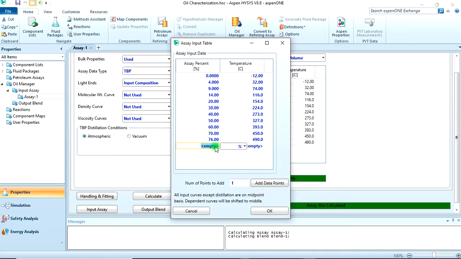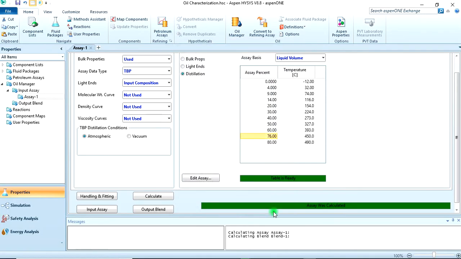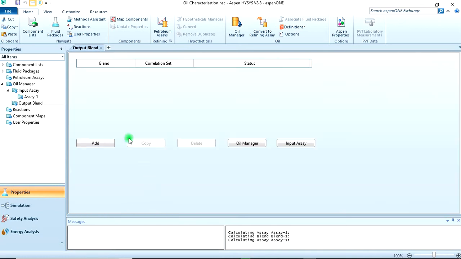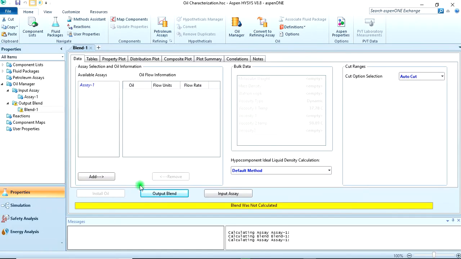then 80. So 70 should be 450, 76 should be 490, then 80 should be 516. Calculated, then output blend. Let's add